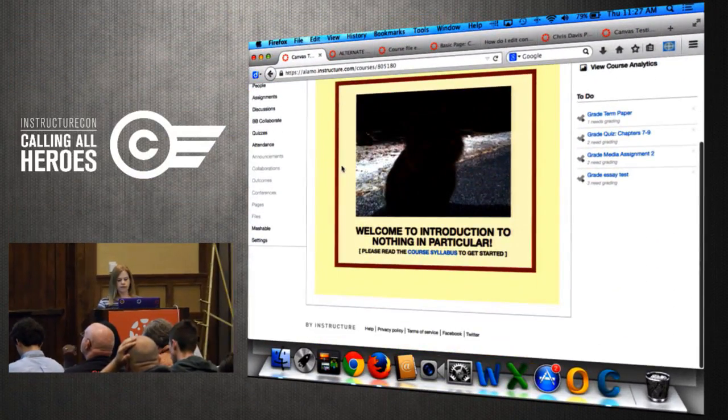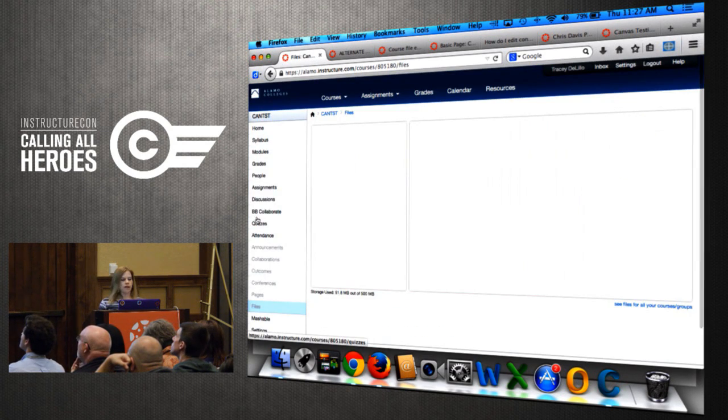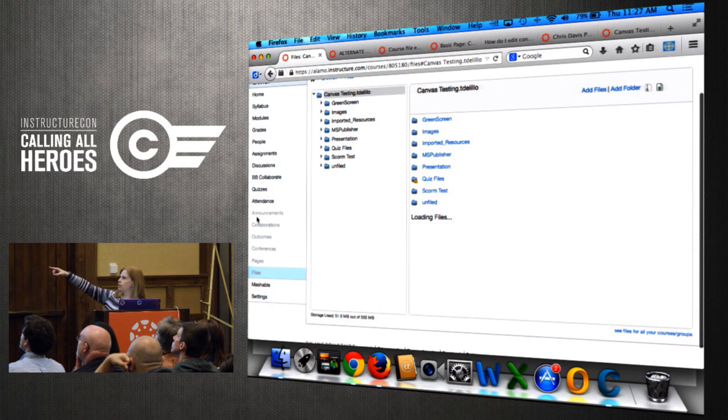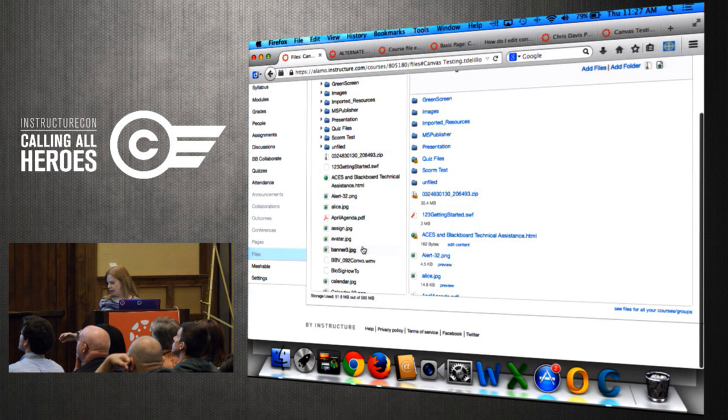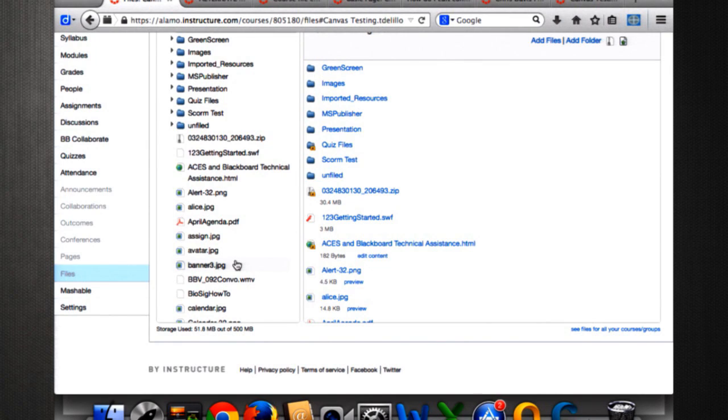Another question I get asked very often is people want to know whether they are getting close to their limit for their course quota, for their storage. There's a couple of different ways to do it in your course, but the very easiest way is to just click on Files and look at the teeny tiny print. Good things come in teeny tiny print. Underneath the file box, it says storage used.